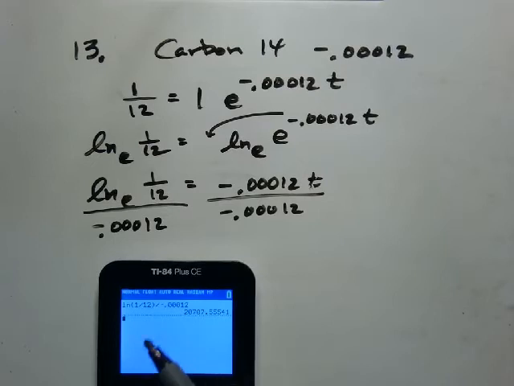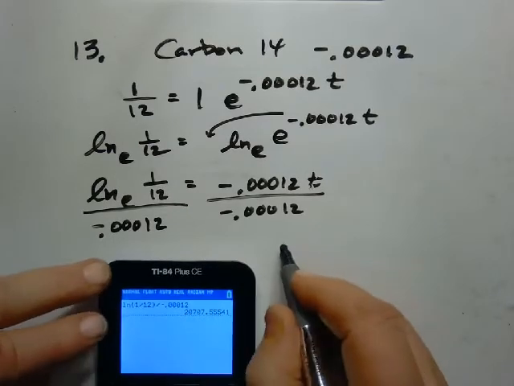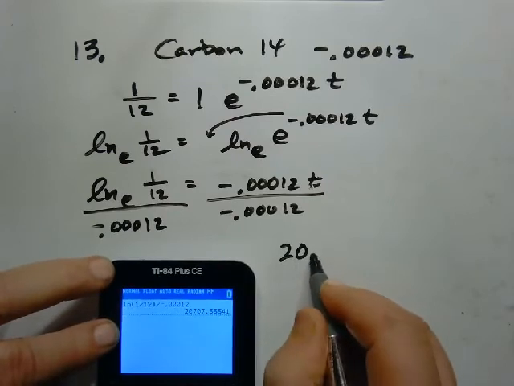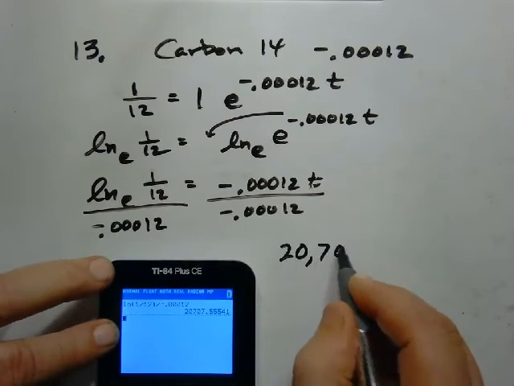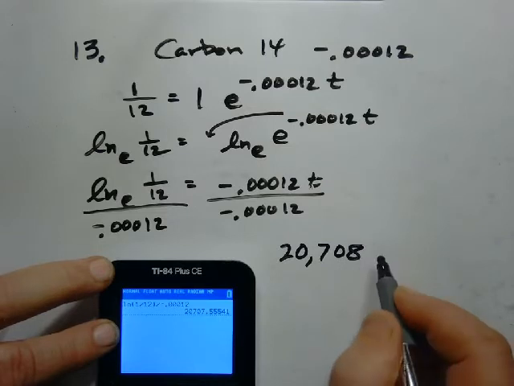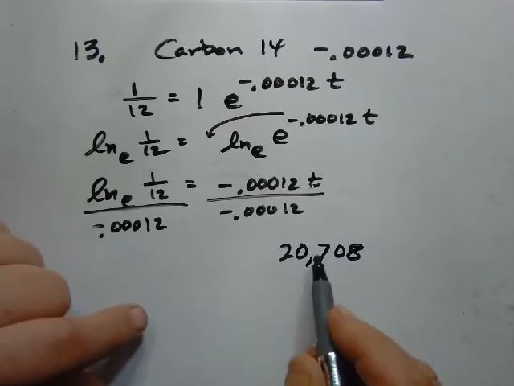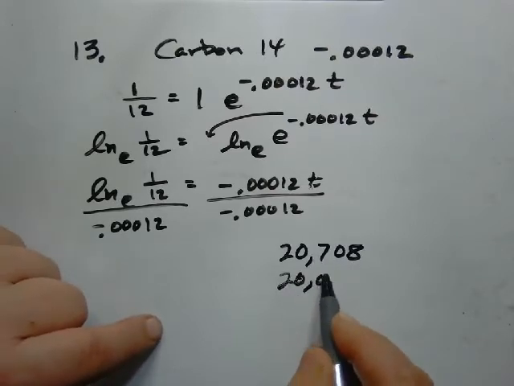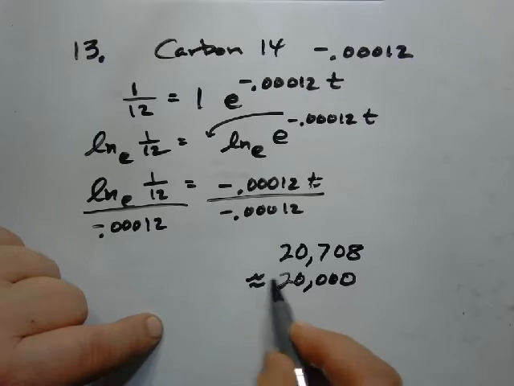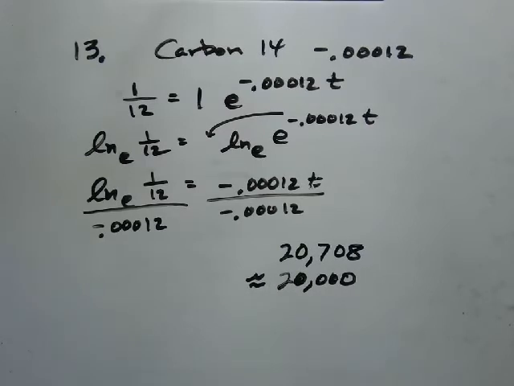So with our calculation here, again, make sure you close the parentheses here, we end up with this being about 20,708. Now, by the way, these numbers that we put up here, they're estimates. This is just kind of close, so you could probably round this off to 20,000. You don't need to be that accurate, certainly not to the decimal place. But that basically says that this bone that they found was 20,000